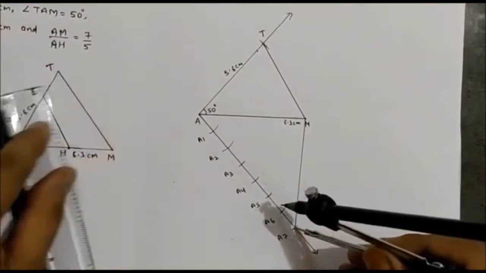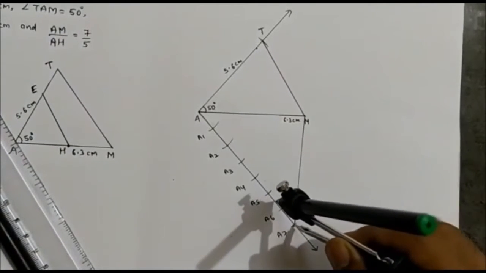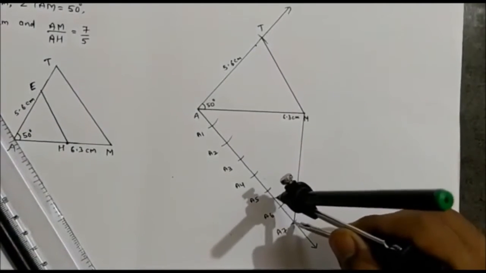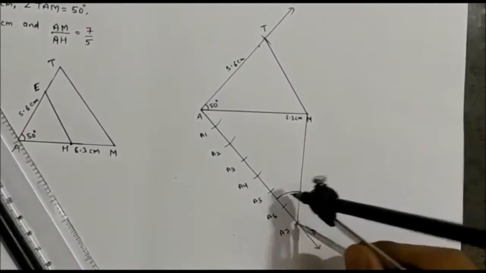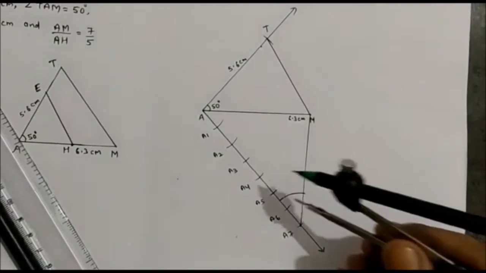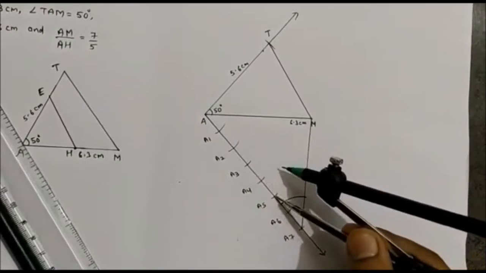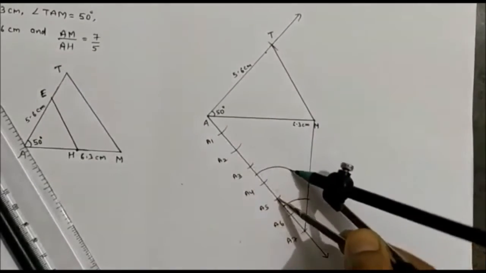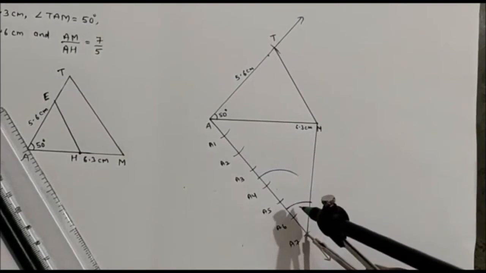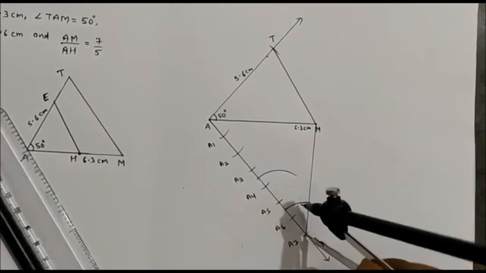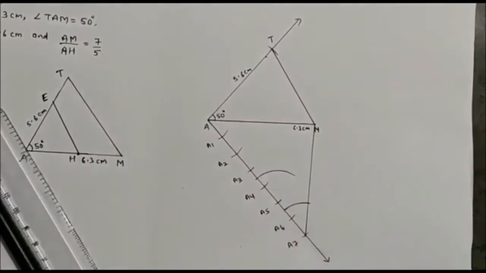Students, you can see ratio is 7 and 5. So keep it on 7 and just above, after this 6th arc, you can draw an arc here. Don't change the distance. Now keep it on 5. First on 7 and now on the 5th arc you have to keep. Keep it on the 5th arc and draw an arc. I repeat, first you keep it on 7, draw the arc, and then keep it on the 5th and draw the arc.